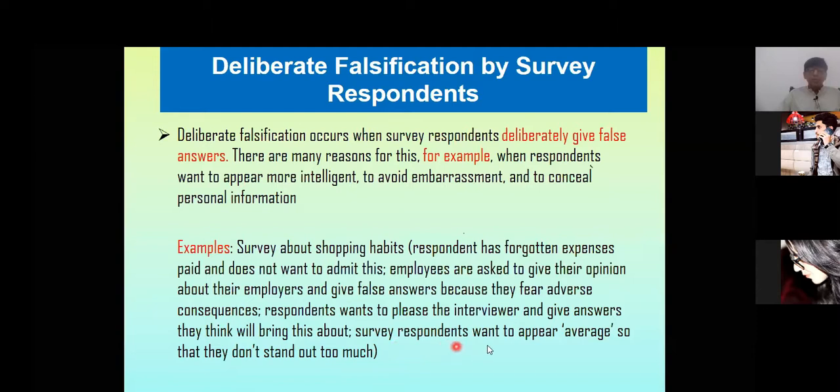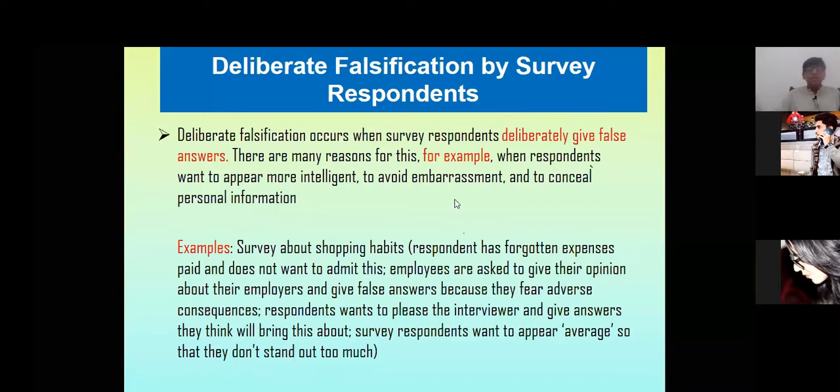Some respondents want to appear average. They want to provide average answers, and do not go to the left extreme or right extreme. For them, on a Likert scale there are five points: 1, 2, 3, 4, 5. Some respondents will choose either one, strongly agree, or five, strongly disagree. These are the two extremes. But some respondents remain in the middle. Most of the time they will choose three, sometimes two or four, but hardly ever one and five, because they think one and five are a type of extreme and they want to avoid this extreme.